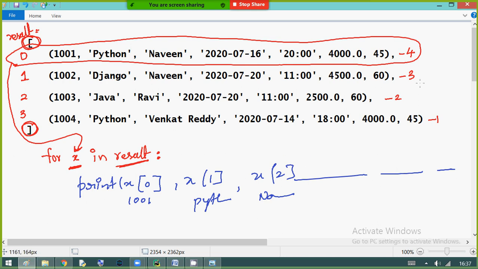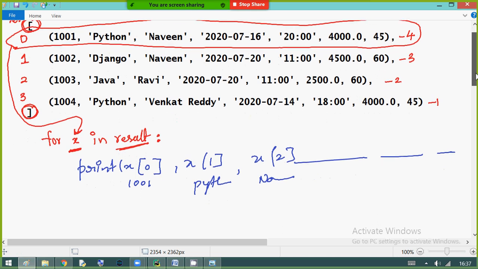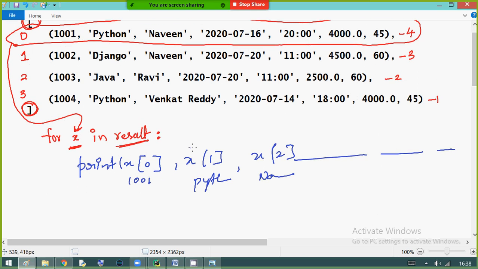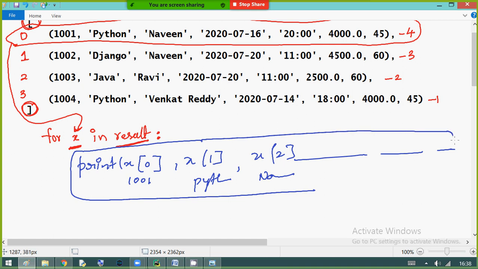If you want, you can apply a nested loop also, instead of accessing manually. For the red color one, observe carefully. The red color one is the outer loop. This blue color one is the inner loop: for y in x.